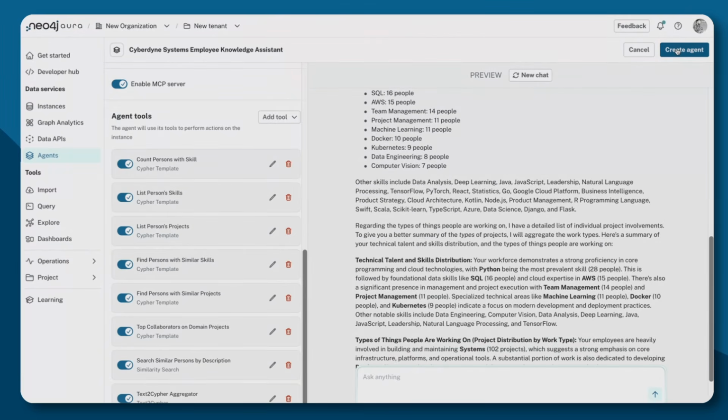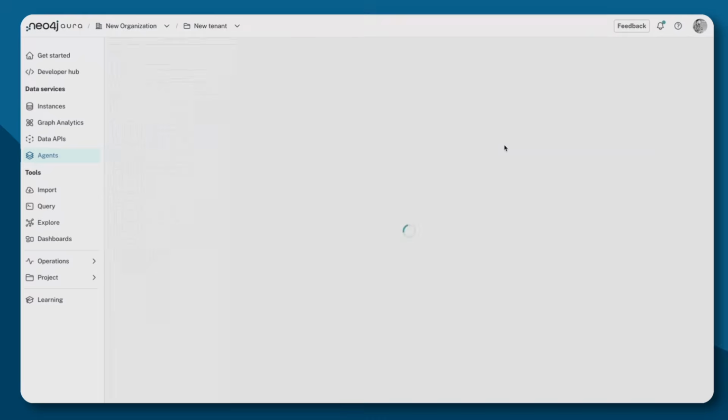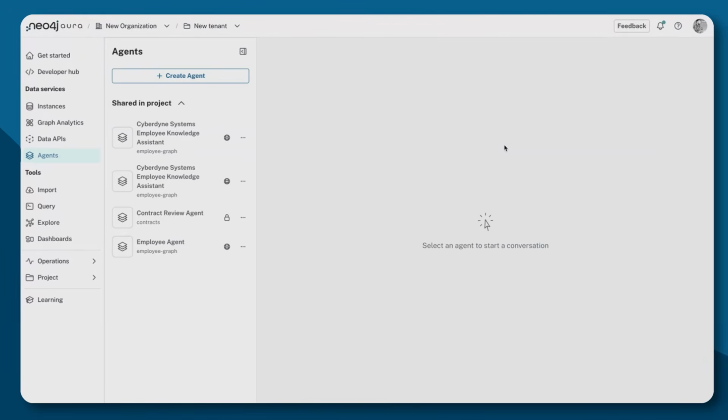I guess I have to create the agent up here. We just changed the UI recently, so if you see me fumbling around, I've done it before. I did it before in the older version of the UI, so I apologize. But anyway,